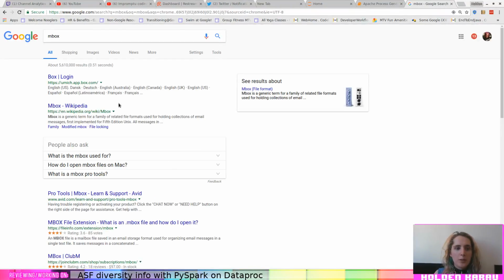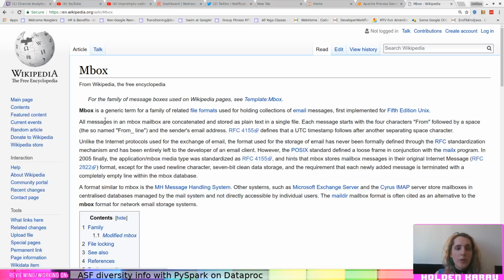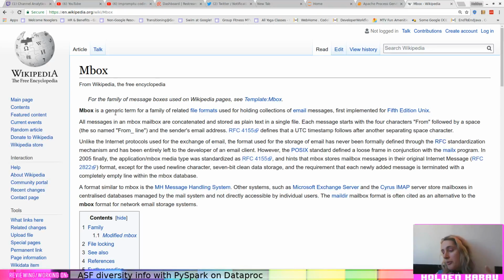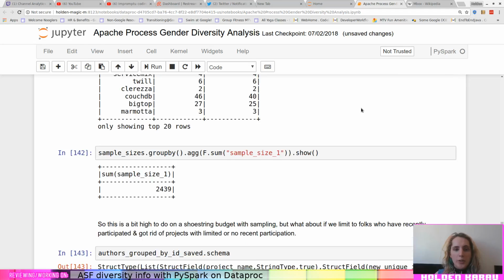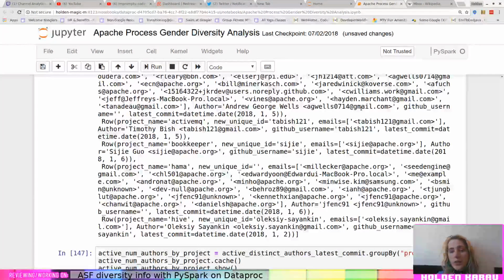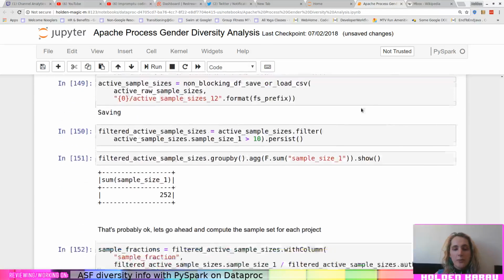I guess this is the generic term, but essentially we can just download all of the emails to the mailing lists. We can parse them. The other one that we're doing is we're just looking at Git data, which we can just use the Git APIs to look at for a given project.